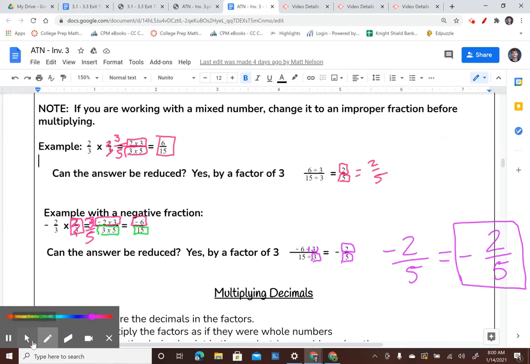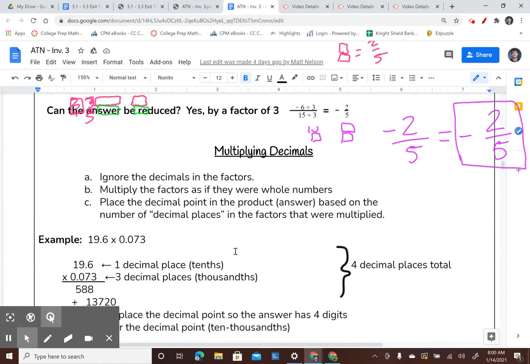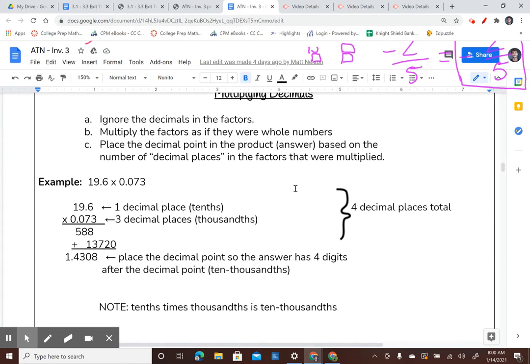All right. And now we have if we're multiplying decimals. Now, with multiplying decimals, you can just ignore the decimals in the factors, and you can just multiply as if they were whole numbers. And then afterwards, you're going to go in and place the decimal point in the product based on the number of decimal places in the factor that were multiplied. All right? So, for example,